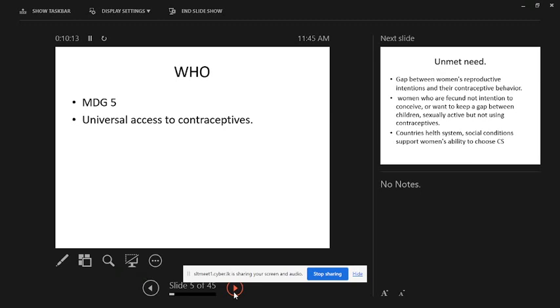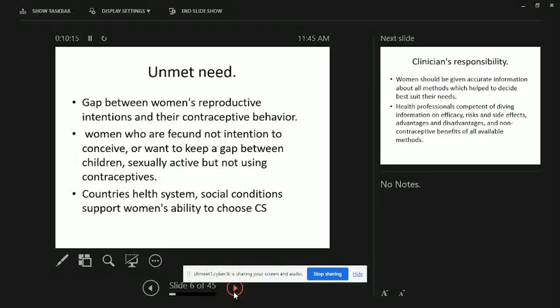There are some terms that are important to know when you go through this lecture, so let me take you through those terms and conditions, like what we call unmet need. There are 7 million women all over the world who don't want to have children. At the same time, some of them want to keep a space between their children, and